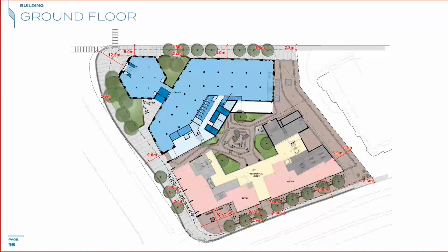Okay, we are studying the possibility of thermally breaking the balconies. Yes, that is absolutely being looked at, for sure. It will help a lot if we can pull that off, and that is definitely a goal for sure. In terms of the corner